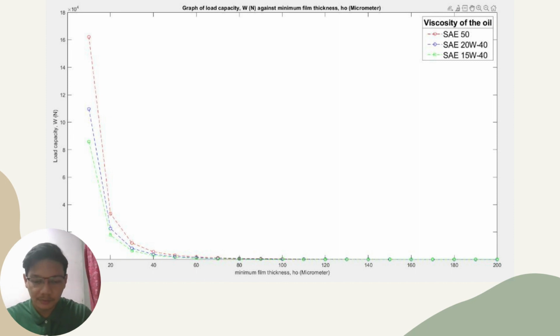On the other hand, the SAE 15W40 oil with viscosity of 0.00108 Pascal second shows the lowest load capacity, which is